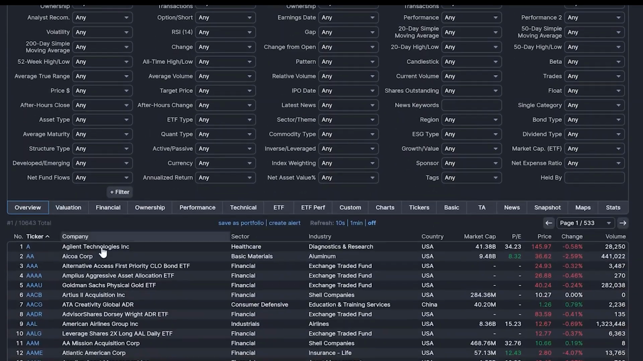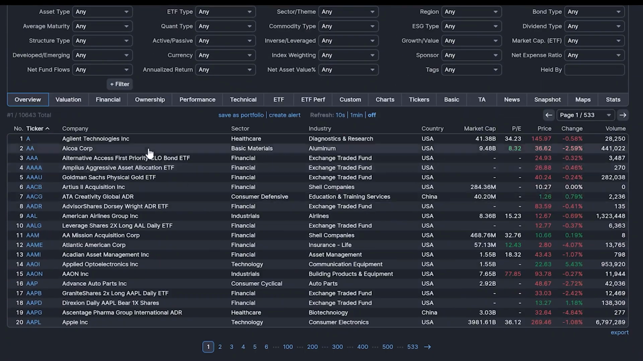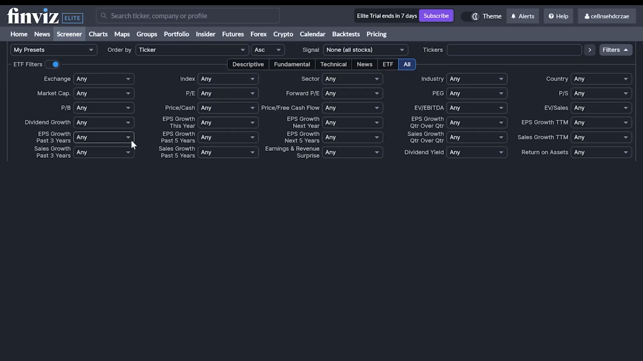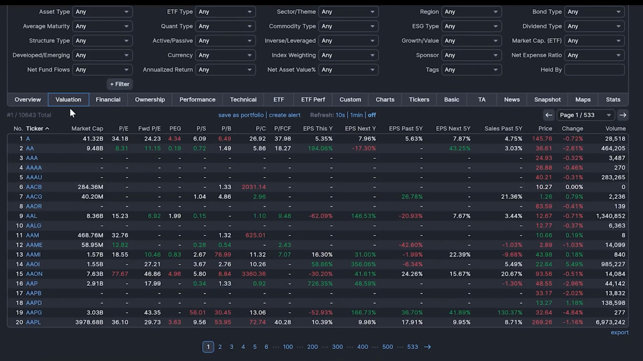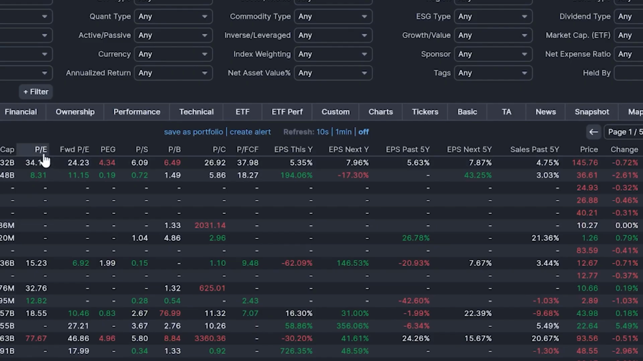Now, what I love the most here is when you come down to the results, there's a bunch of different ways to look at it. So there's this overview view here, which just shows you basic information about the company. But let's say I'm a value investor and I'm interested in finding stocks that offer a good value opportunity right now. I can use this pre-made valuation view, and now I'm looking at price to earnings ratio, price to sales, price to book, and all of this really relevant